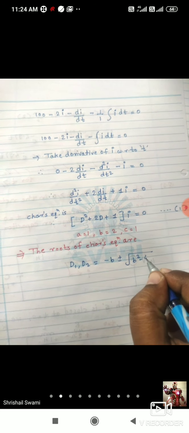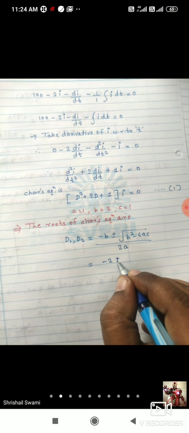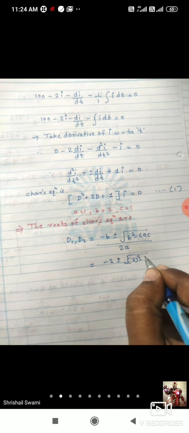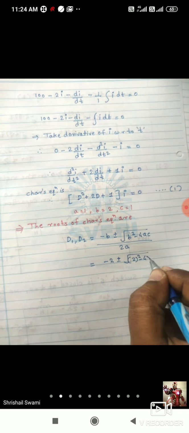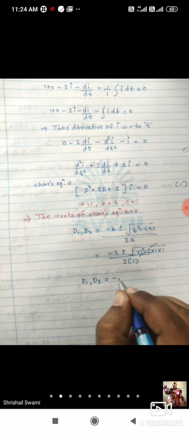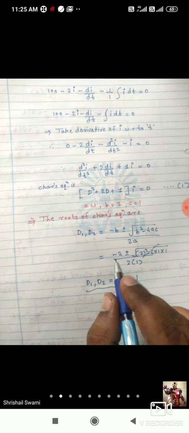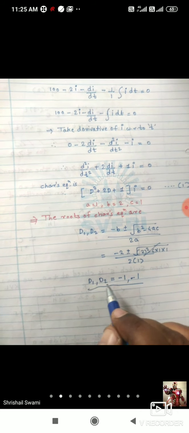Okay, or I will tell as d1 comma d2 is equal to minus b plus or minus. You can use calculator and both manual method is also available. Minus 2 plus minus square root of 2 square minus 4 into 1 into 1 divided by 2 into 1. So 4 minus 4, this will give the 0. So minus 2 divided by 2, that is minus 1, means d1 comma d2 is minus 1 comma minus 1. ओके, जरी एकच असेल मायनस वन, जरी आन्सर येत असेल, दोन रूट्स आहेत, त्यामुळे मायनस वन आणि मायनस वन.